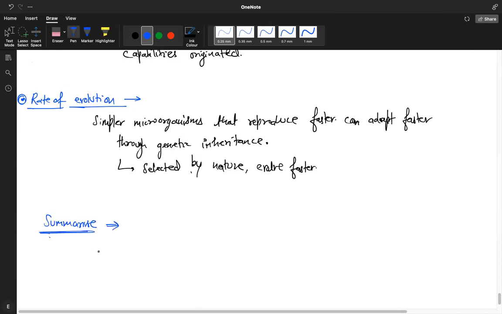So to summarize, apart from learning about Lamarckism, which we are not going to talk about in detail, we learned that there are two pillars of the theory of evolution. Can you tell me what those two pillars of the Darwinian theory of evolution are? Let me tell you, it's no longer called Darwinian because we have made a lot of changes. We have corrected Darwin. Darwin was a phenomenal scientist, observer and naturalist, but he was a human, so he was also incorrect in many places. So now we call it the Neo-Darwinian theory of evolution. Neo means new, evolved. So even the theory of evolution is evolving. How cool is that?